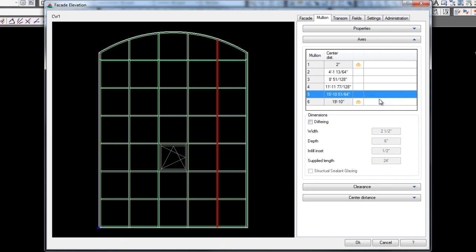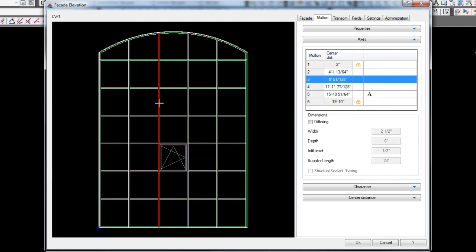Now the other option you have is differing. If you check this, you can actually click any vertical and you can change the width of that vertical. So I'll just do it. I'll exaggerate it to 6 inches, and you'll notice I got a 6 inch vertical now. You can actually change the depth and the infill inset or the glass bite on